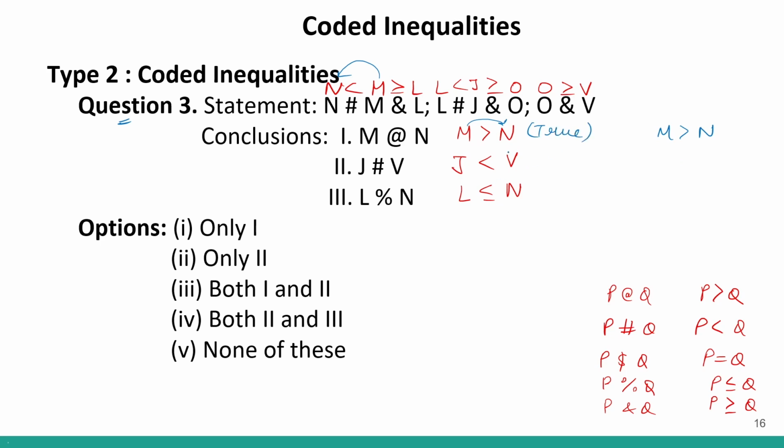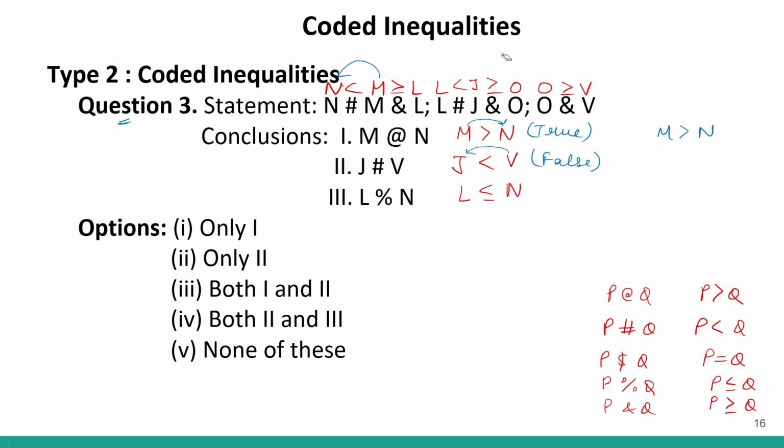Moving forward we will move from V to J. So over here I can see V is smaller than or equal to O. So I cannot see a bigger door next to V. This is the smaller side. So this will automatically be false because we cannot find any relationship between V and J.